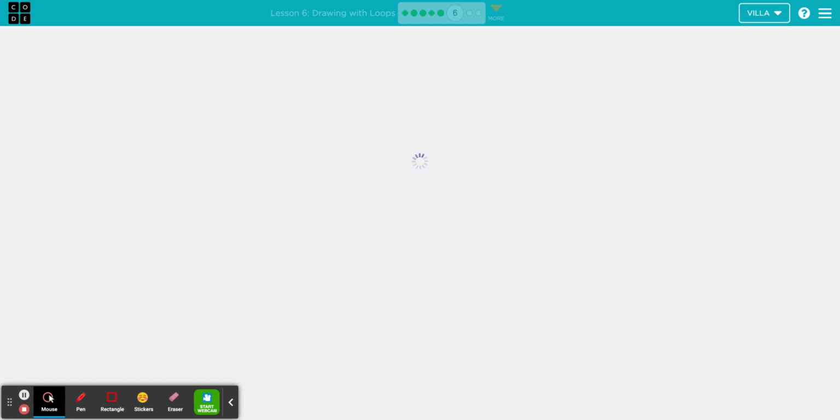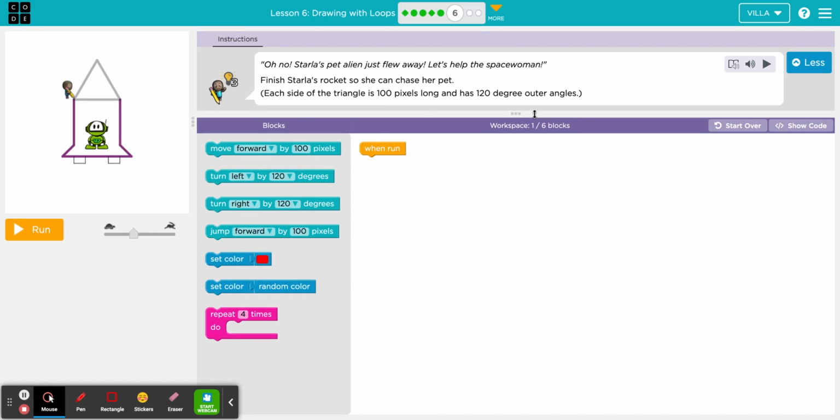Puzzle number 6. This time the shape that you're being asked to draw is a triangle. It says, oh no, Starla's pet alien just flew away. Let's help the space woman. Finish Starla's rocket so that she can chase her pet. Each side of the triangle is 100 pixels long and has